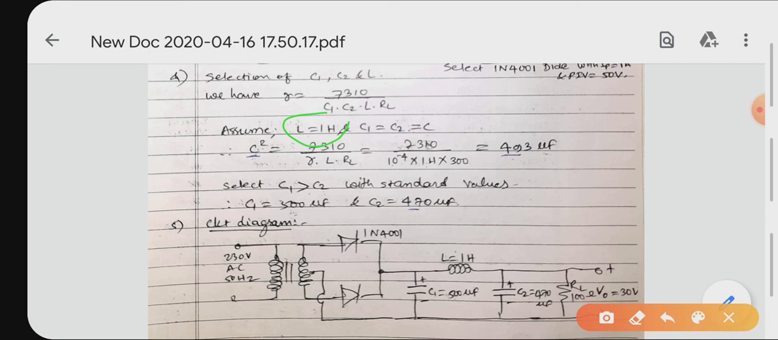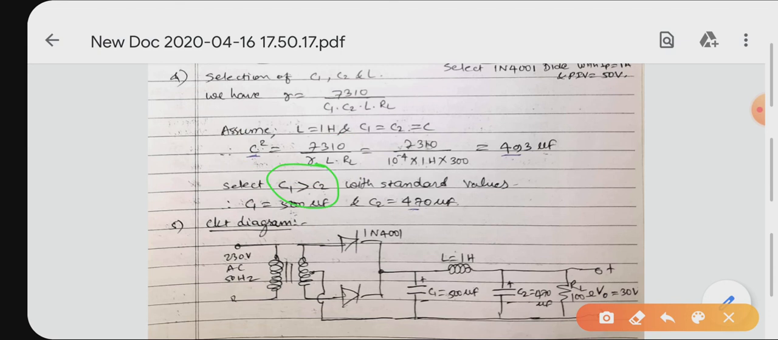Any one value has to be assumed, and assume C1 equal to C2 equal to C for the calculation purpose, so that you will get C square equal to 7310 divided by R into L into RL. So you will get C is equal to 493 microfarad, not C square, C is equal to 493. Then you have to select C1 and C2 such that C1 should be slightly greater than C2